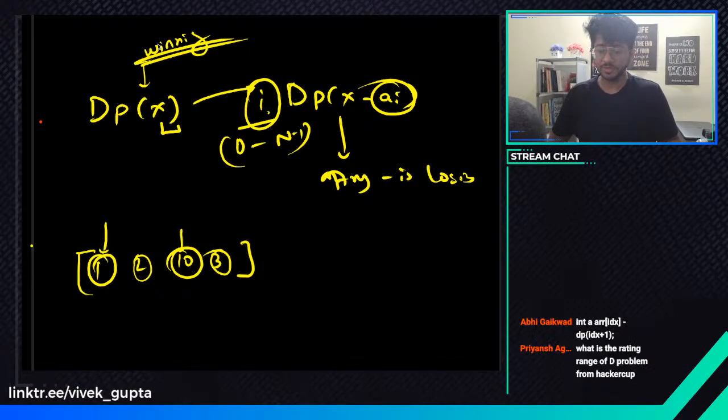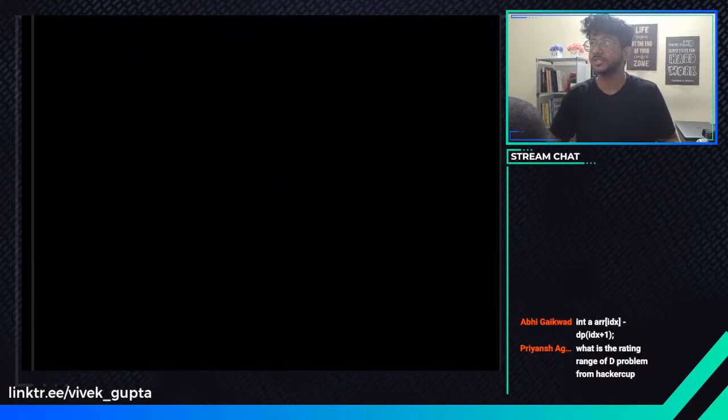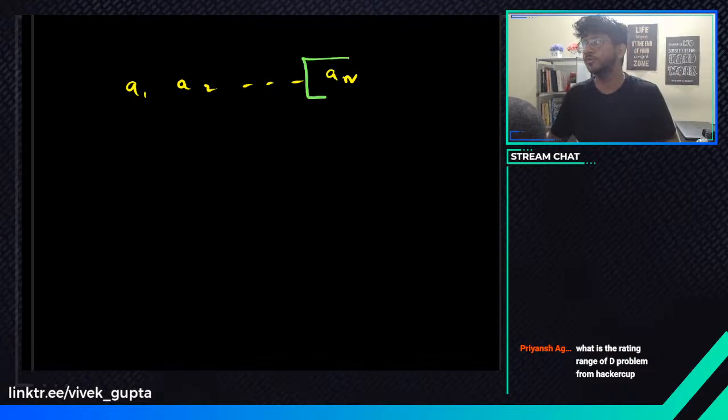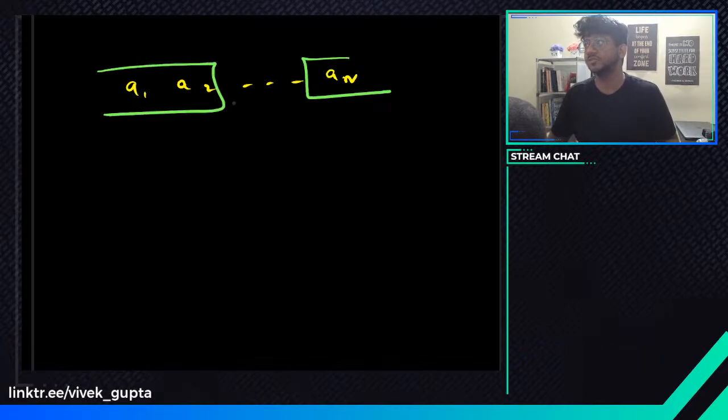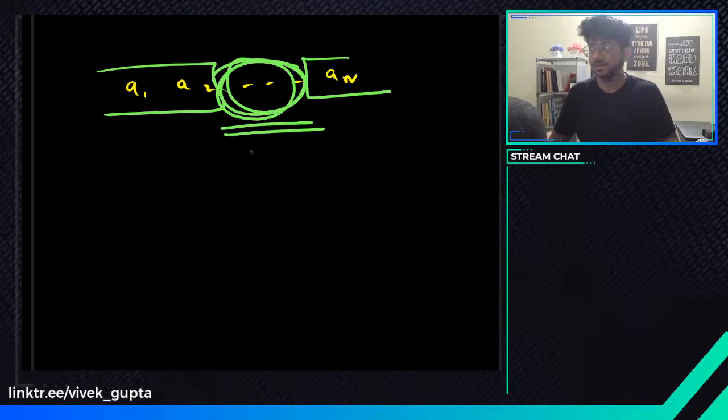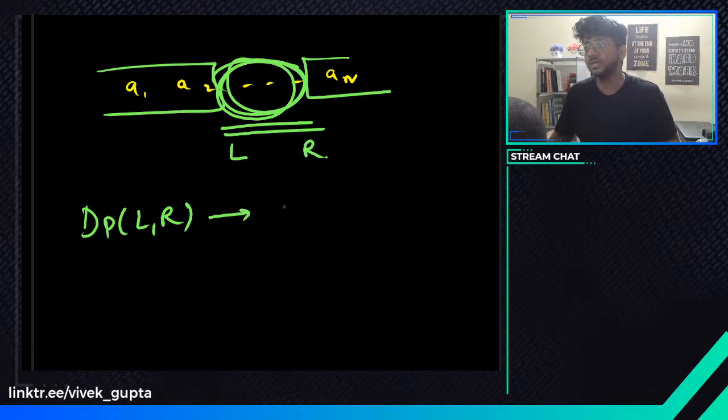Right. So over here, what we do is we use form 4. This is very, very interesting. So you have A1, A2 up till AN. At any point in time, you might remove some number of things from this side, some number of things from this side. So the game will always be played on a subarray. So the configuration of the game can be represented by an L and R itself. So we will have DP of L and R, okay, which is going to mean